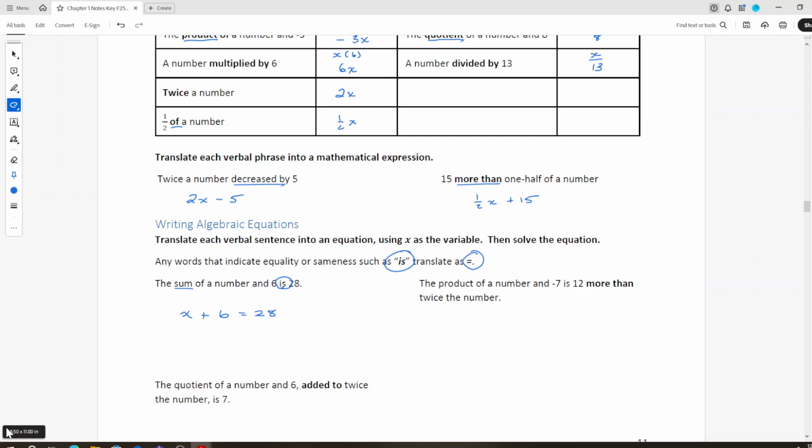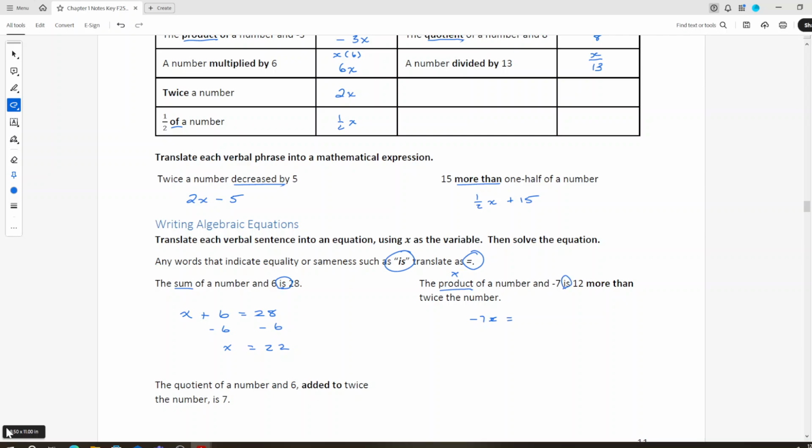Now, once you have an equation, you can solve it, and you would just use your linear equation solving. So to get x by itself, I'm going to subtract 6 from each side, and I would get x is equal to 22. Awesome. So the sum of 22 and 6 is 28. Check. What about the next one? The product of a number and -7, so product is going to mean multiplication, of a number and -7, so -7x, or x times -7,